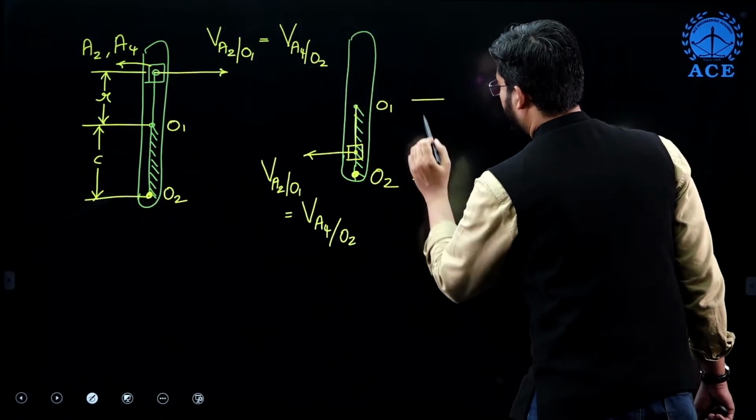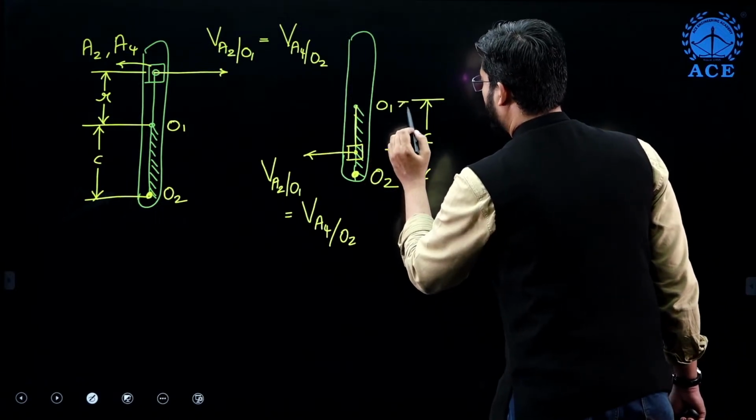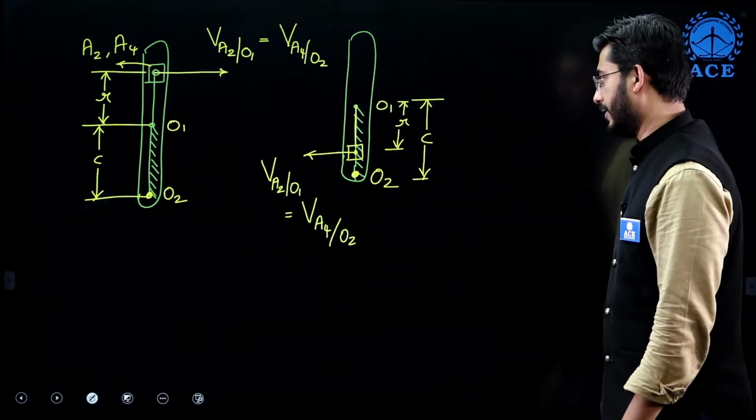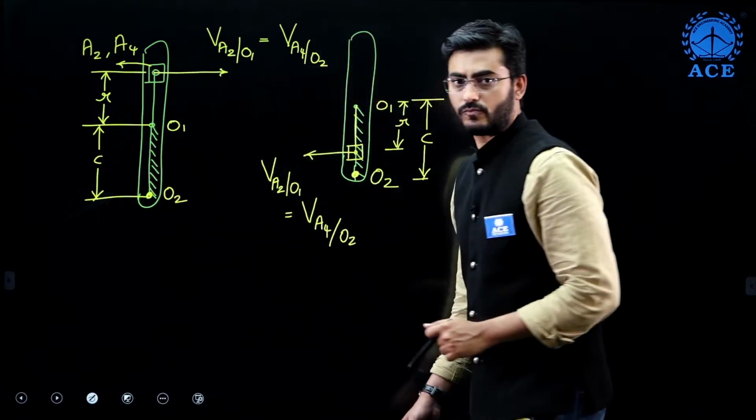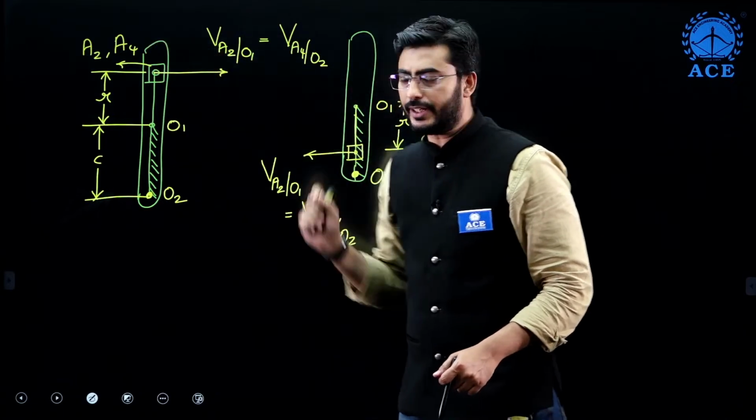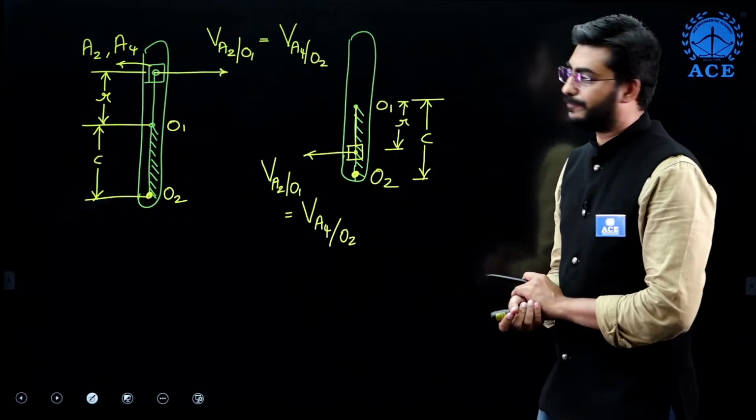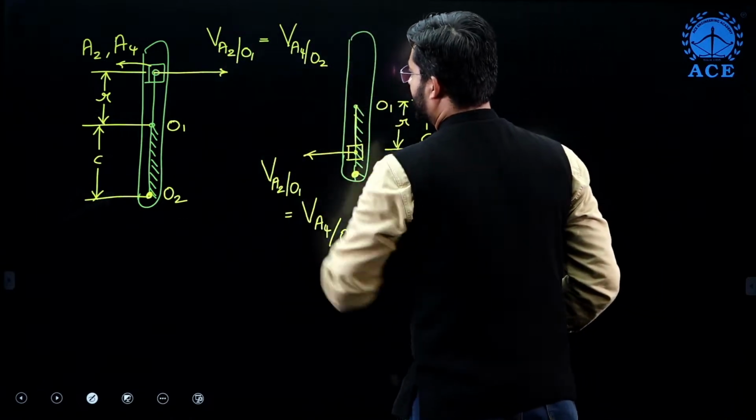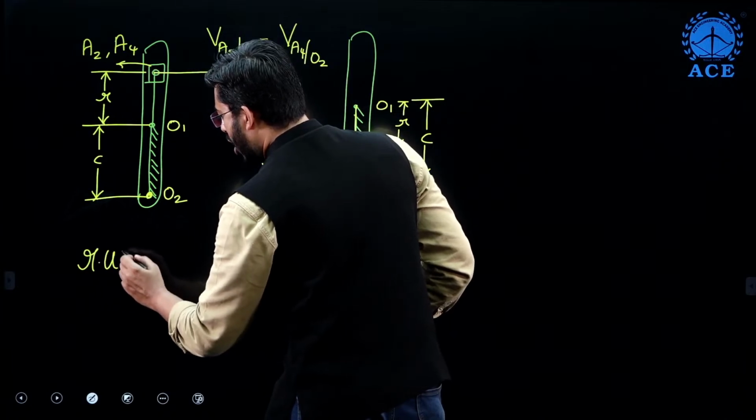Here also this will be distance C, and this distance we call R. Now, this is one condition when link number 3, that is the slider, is at the top dead center, and the other when the slider is at the bottom dead center. So now the velocity of A2 with respect to O1, for this situation, is R into omega of crank,